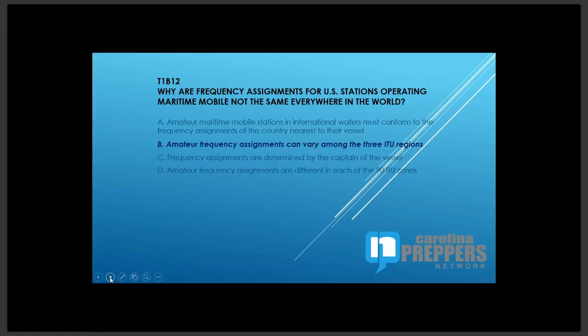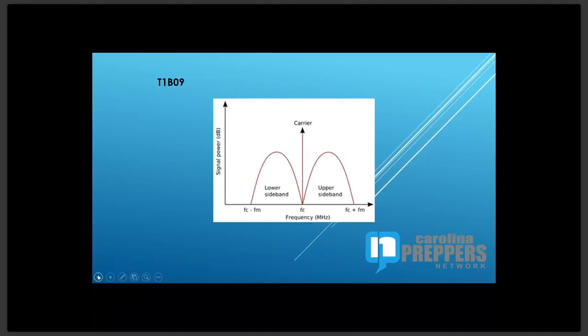And what about RTTY and SSB? So SSB is single sideband. This is when you're doing long distance communications. When you see a typical full voice signal, it doesn't appear to be a lot of frequency, but voice does take up a lot of bandwidth. In order to get a full signal,